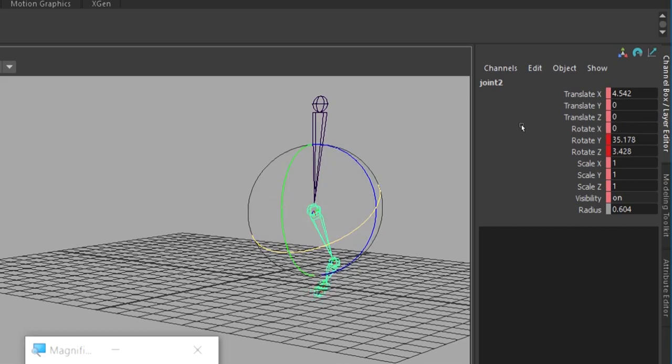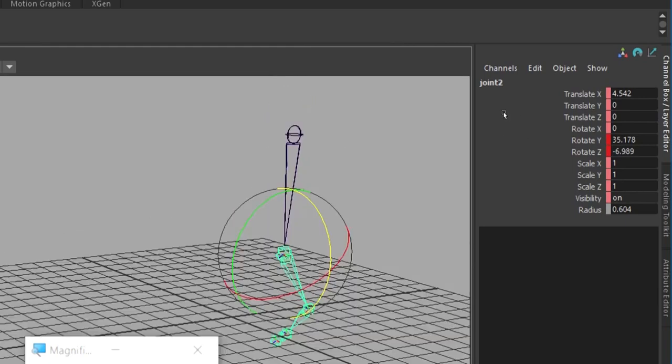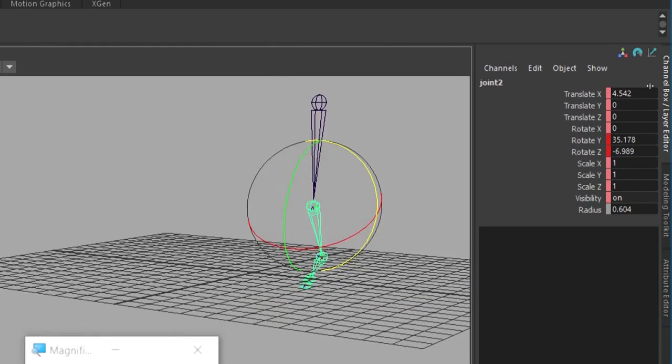But X is an extension because the rotation order is from Z to Y to X. If you change the Z value, Y gets affected and X also gets affected, but here X practically is not moving or rotating, so there is no change.